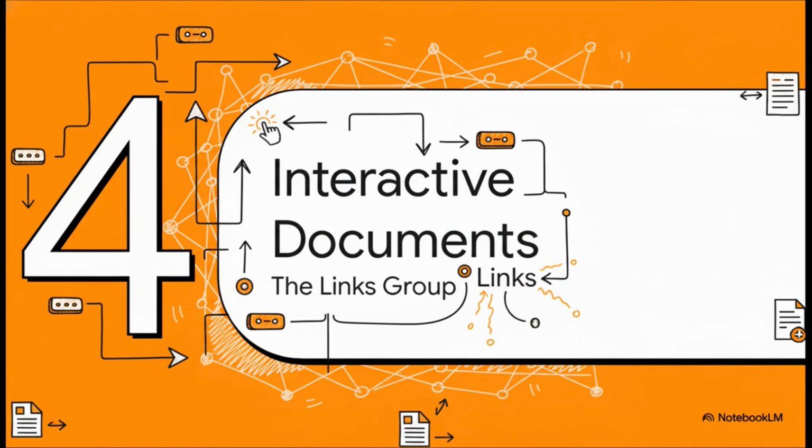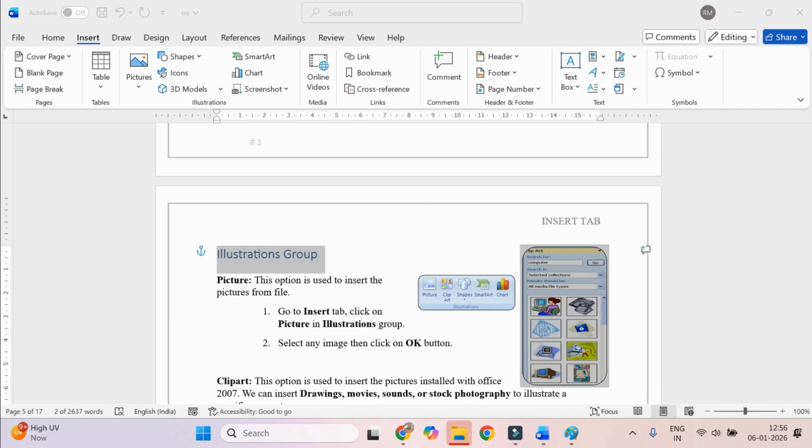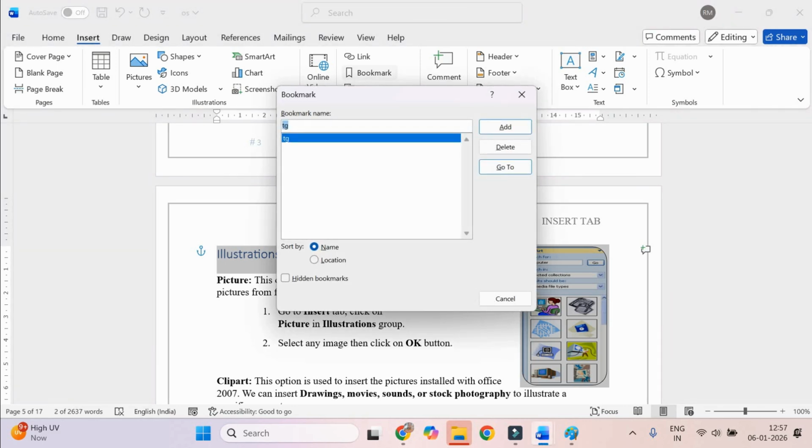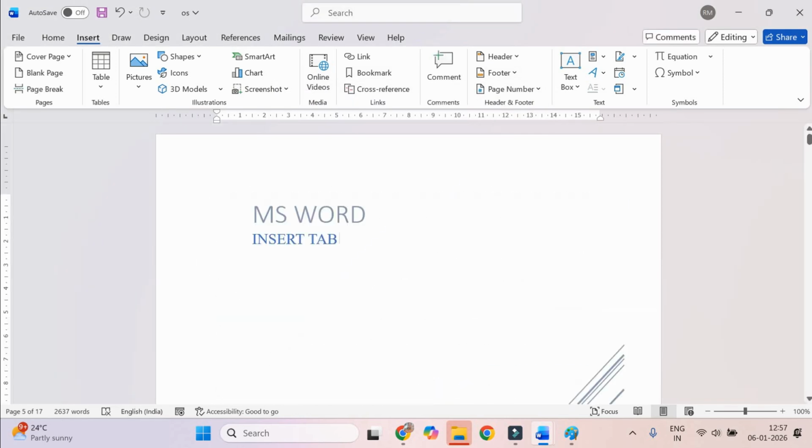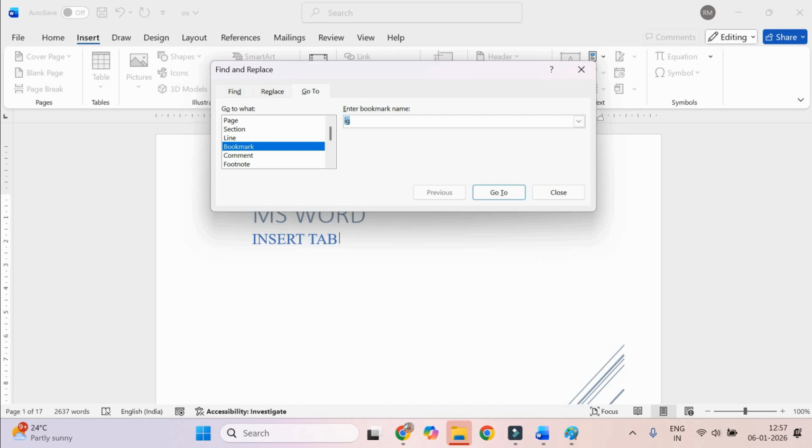So we've covered structure, data, and visuals. Now let's really take our documents to the next level by making them interactive. We're talking about creating connections and navigation right inside the document itself. If you're working on a long document, I'm talking a report, a thesis, a book, bookmarks can be an absolute lifesaver. They let you create these invisible markers or shortcuts to specific places in your document so you can jump to them instantly. To create one, you just select some text or click a location, give the bookmark a name,